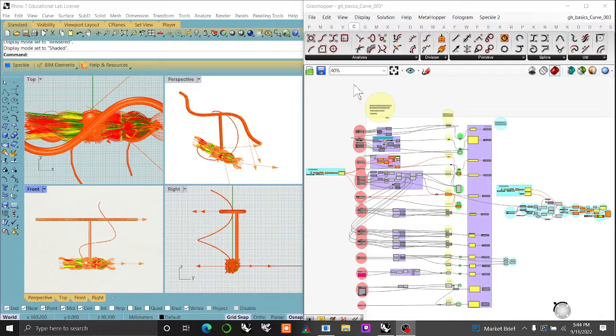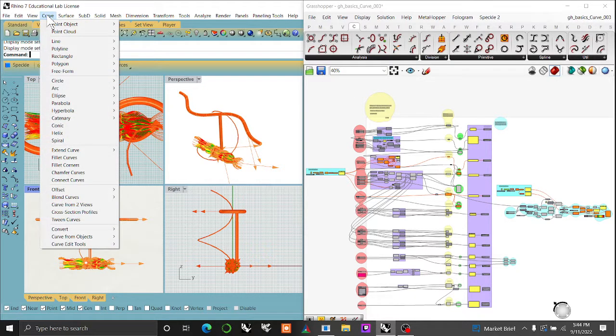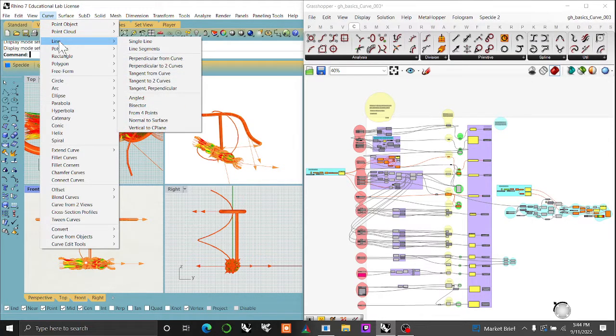I have just put in, continuing along after doing point objects and point clouds in the curve menu of Rhino, in GH Basics Curves 003, the single line through the vertical to C plane. And how that works is basically these functions, which work normally in the Rhino environment, are now brought into the